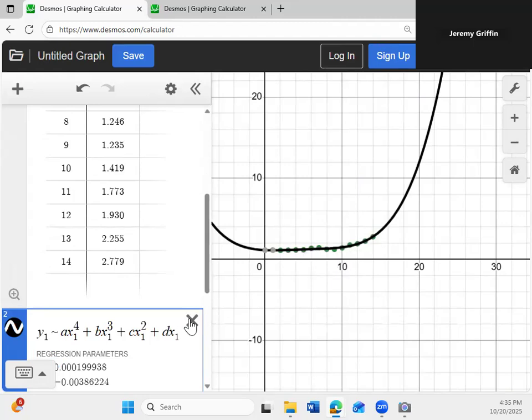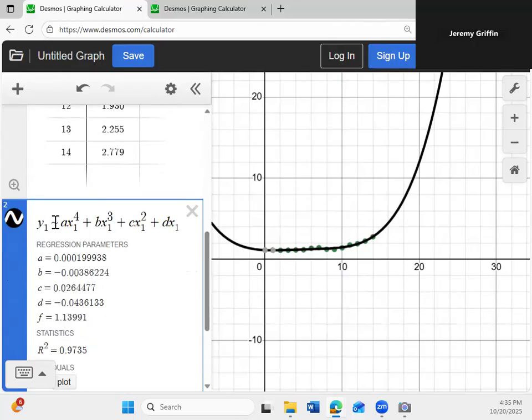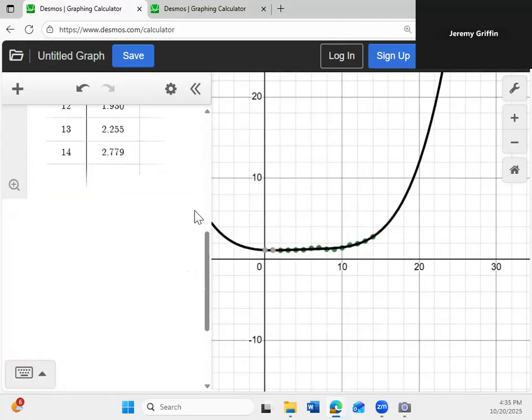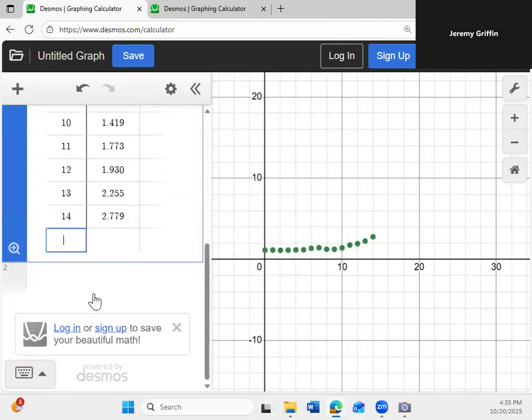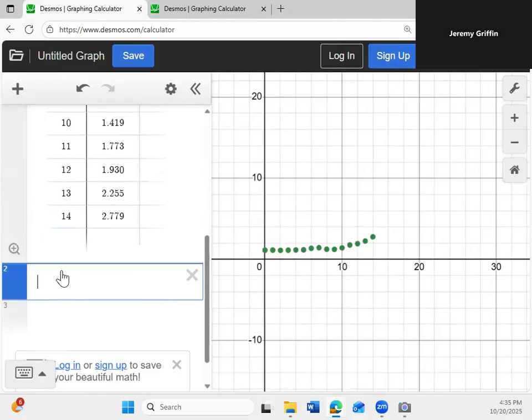Now, let me get rid of this so I can show you guys how I created this from scratch. So look, I'm going for a 4th degree polynomial. Now, I had to make that up. So let me get rid of that. Boink, that's gone. All right, so now back to my scatter plot. So I didn't just click down here. Right? Okay, so how do I make it create, say, like